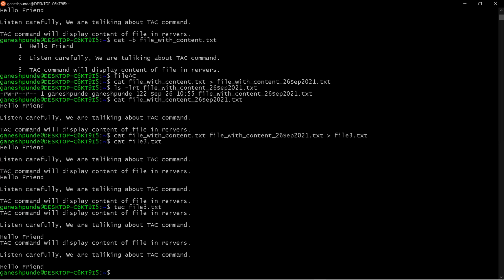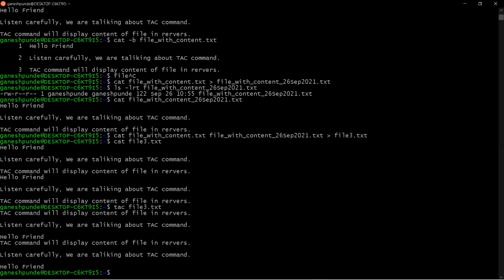In some cases, your file has millions of lines of information. You can't go line by line, and you want to see the bottom of the file, mainly in the log file. In the log file, what happens is the application logs get appended to the log file, and it will be at the end of the file, right? So in the case of a log file, you can use the tag command and you can easily see the log, right? So that is the use of the tag command.